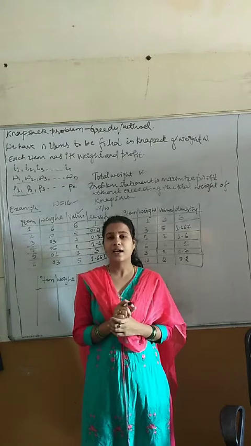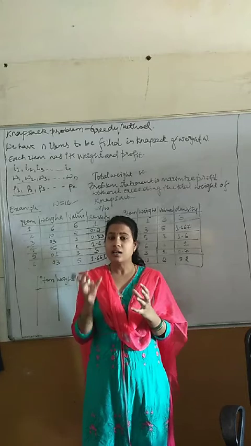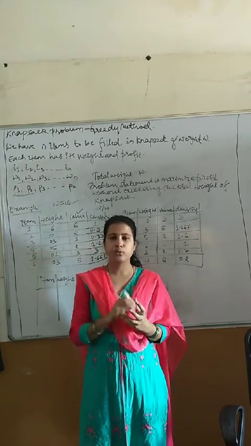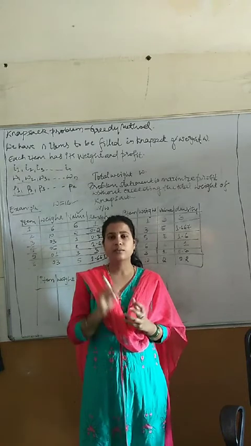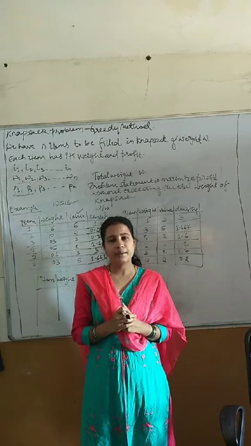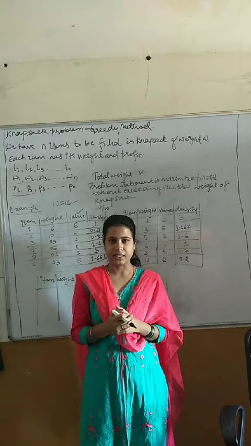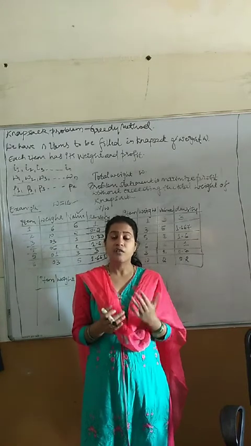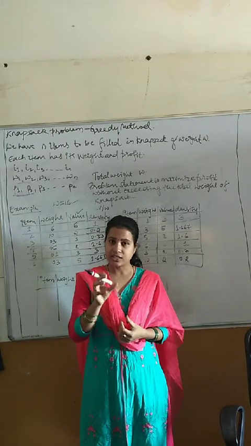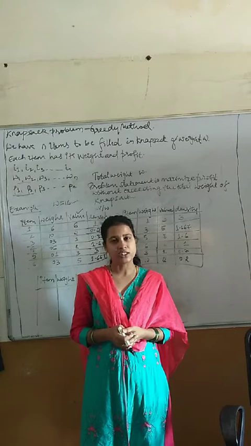In those methods, in brute force or in divide and conquer, you are going to add the whole item into that knapsack bag. The complete item should be added into the knapsack bag. But the main difference in this greedy method is that a fraction of that item can also be added into the knapsack. So it is called the fractional knapsack method. Why is it called the fractional knapsack method? Because a fraction of an item can also be added into the bag.